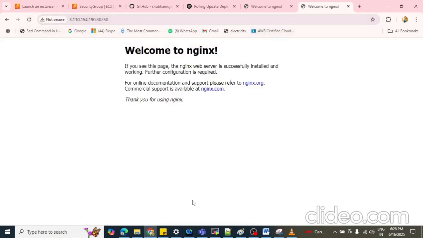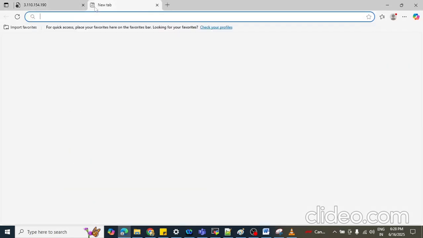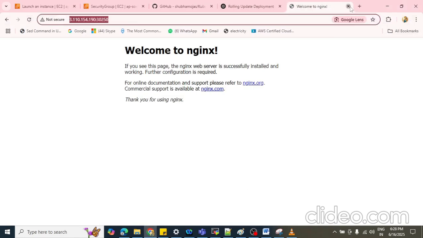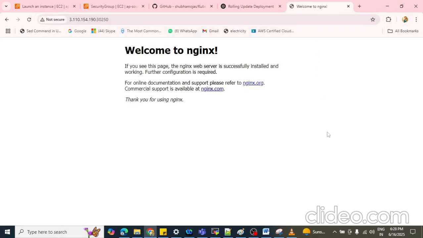Now you can see this. It is simultaneously hitting version 1 as well as version 2, which means both versions are currently running here. The request is being sent to both.